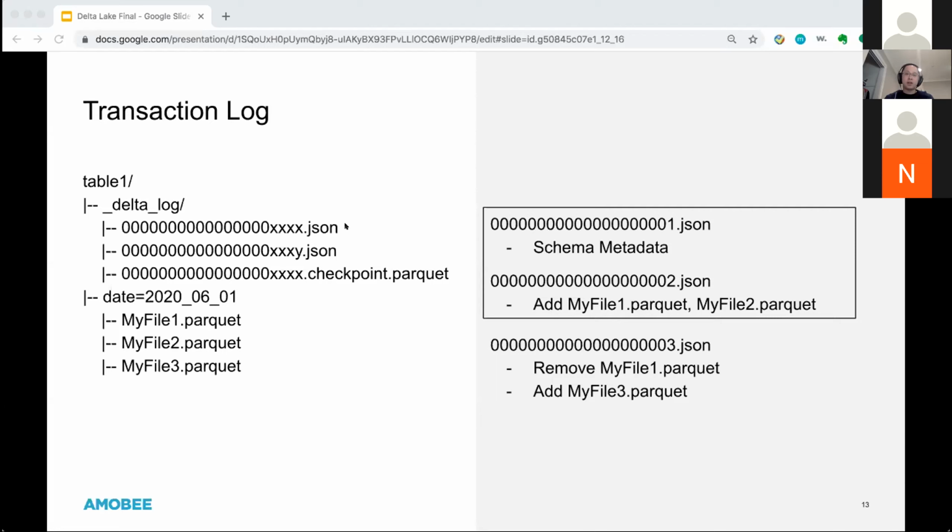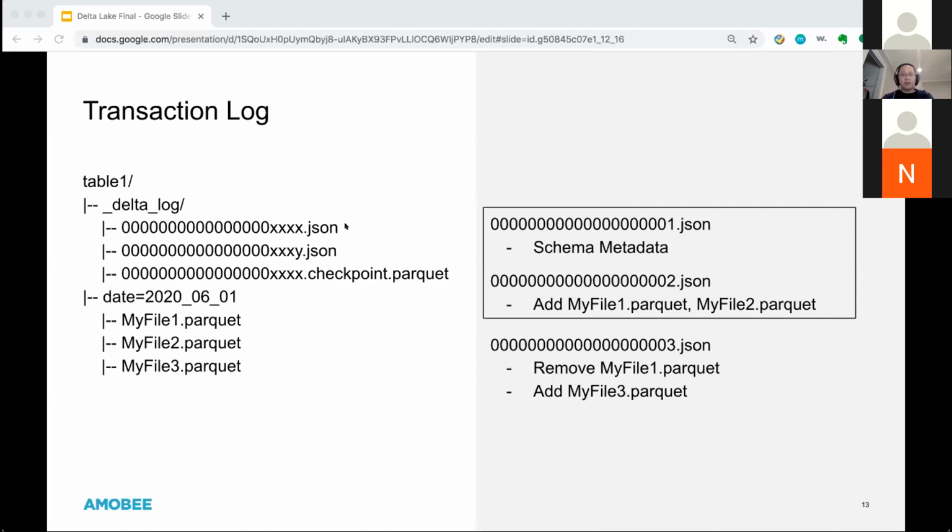It will scale with the cluster. All the information about this table is stored in this transaction log. So it has better scalability than the Hive metastore, because the Hive metastore is just a singleton database.